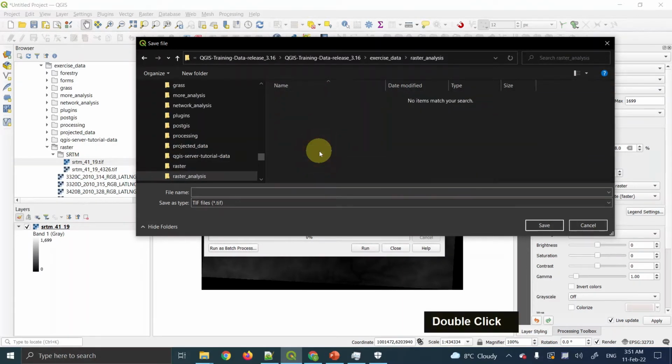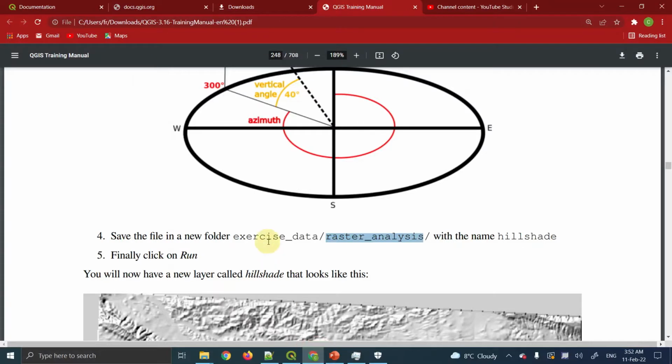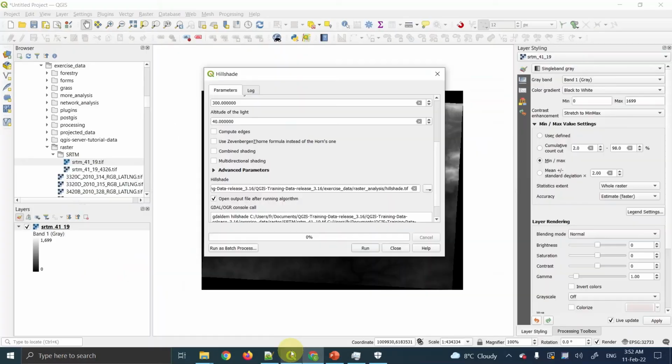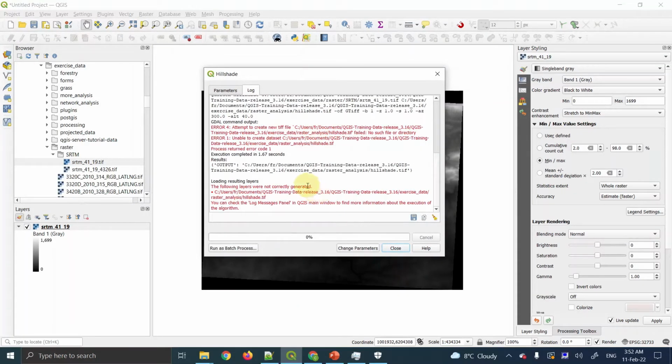Click on this raster analysis, and the name of the file will be Hillshade. We will now press the run button. So I'll press the run button, and see,